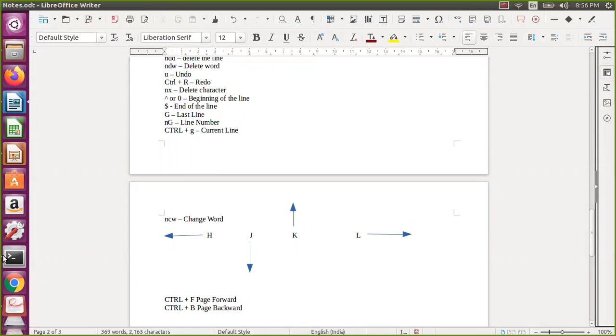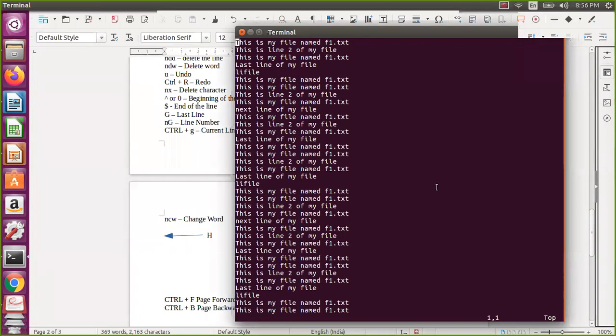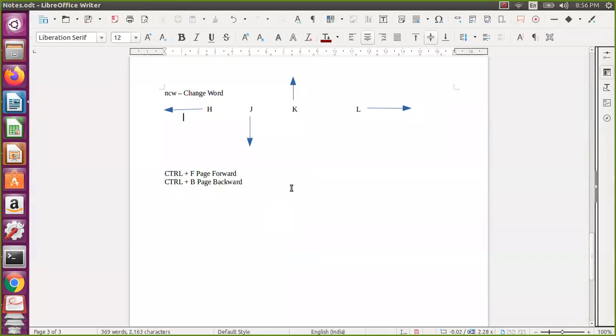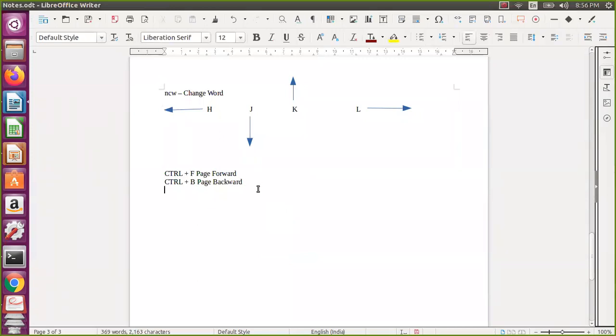Okay, so now let us assume I want to replace this with capital letters actually. So you can use the tilde symbol. Okay, the tilde symbol changes the case of that particular character.